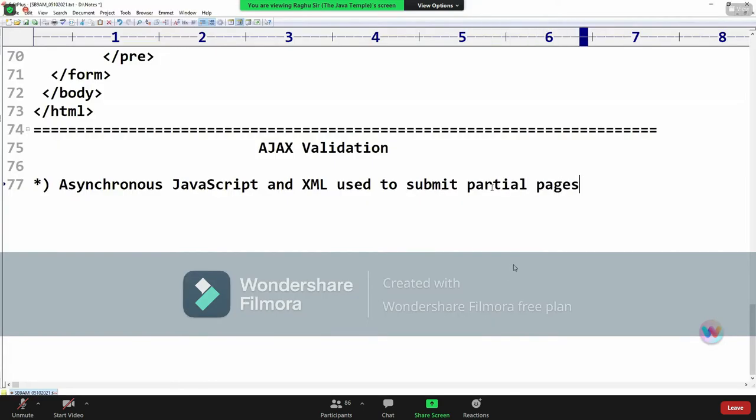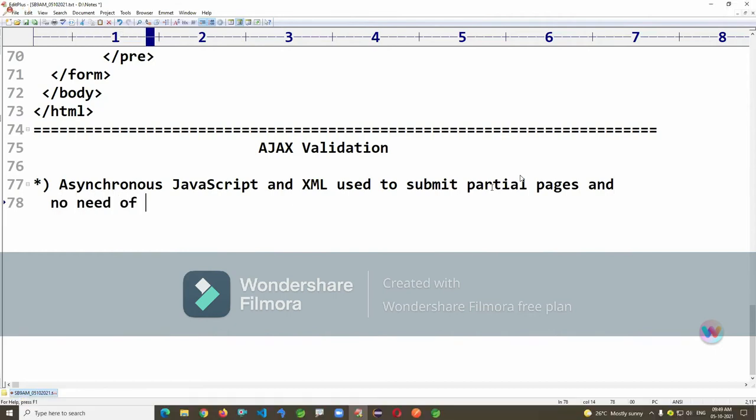Partial pages and no need to reload the entire page. Find the goals. Check whether there are repeated use cases in your diagram.